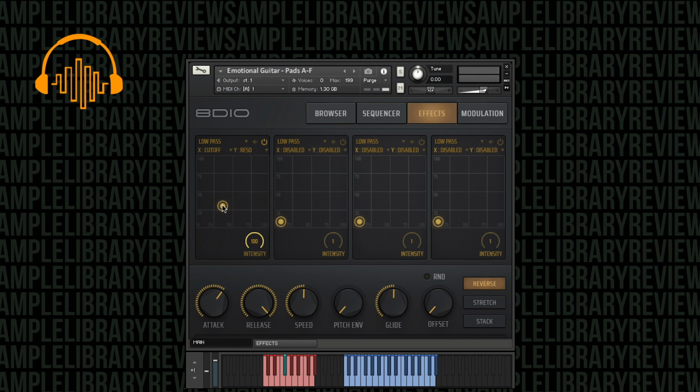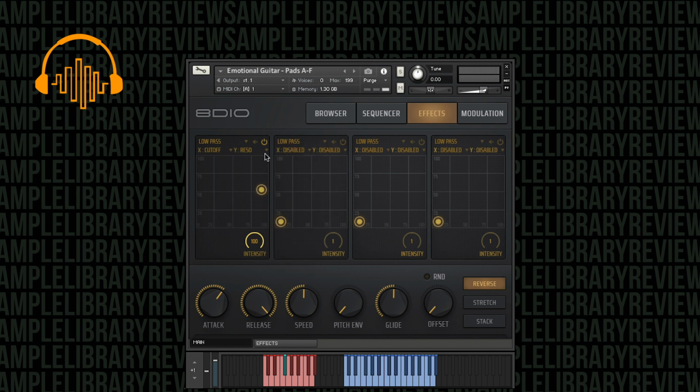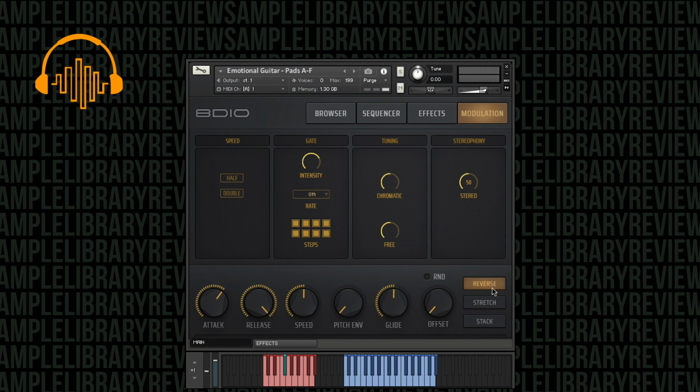And by doing so, getting a number of kind of cool sweepy effects. Of course, there's more than low pass available there, a whole bunch of different stuff for each one. You got 4 of those as well, so that's pretty cool. Modulation, oh, we're still in reverse, take that off. Again, quick half and double speed knobs, so does a similar thing to what this knob does on the front